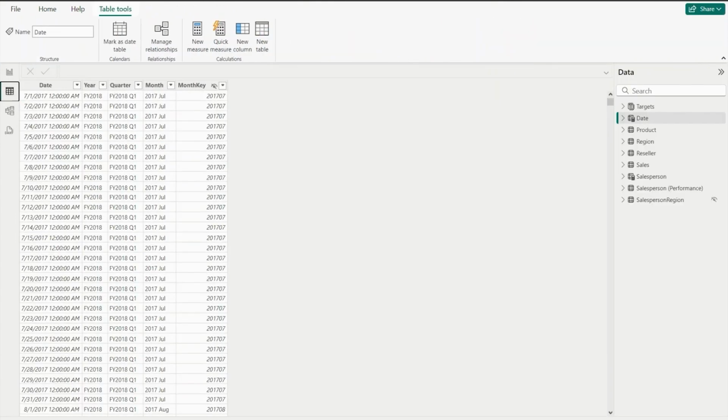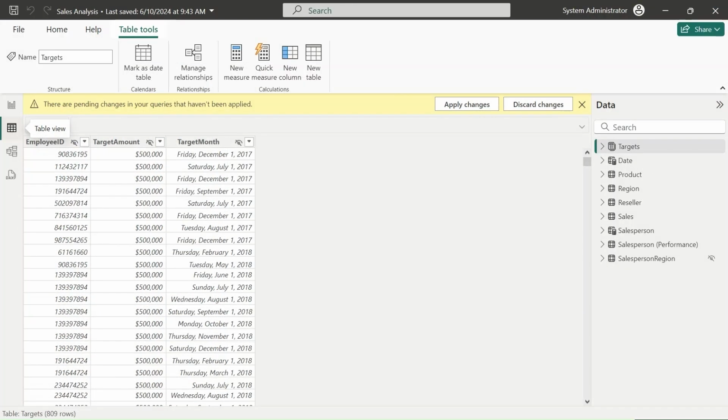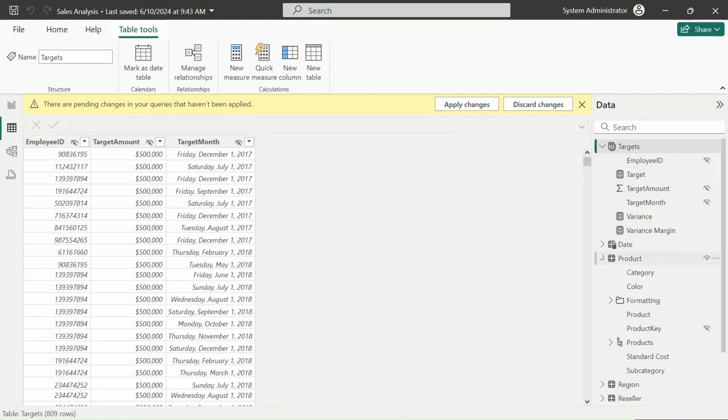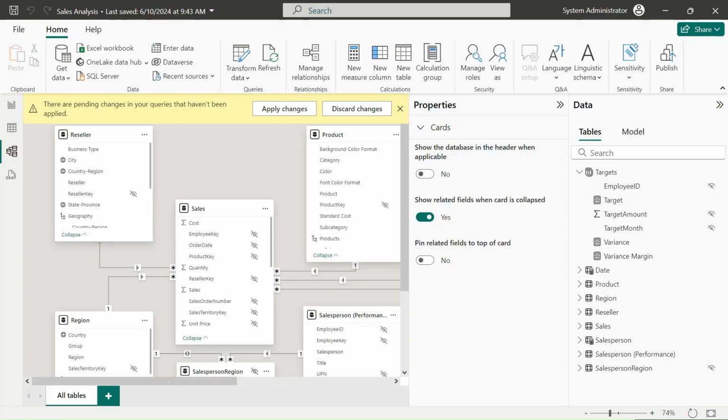But I can also go into a table view. So the table view is going to let me see the table by table, and the fields and values that are inside. So this is a very nice view. I'm also going to switch out to the model view, and you can adjust the properties and work with different tables if you'd like, again, and in models. And I'm going to close properties,